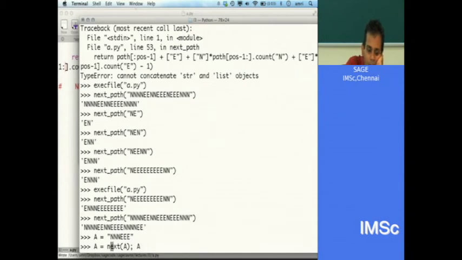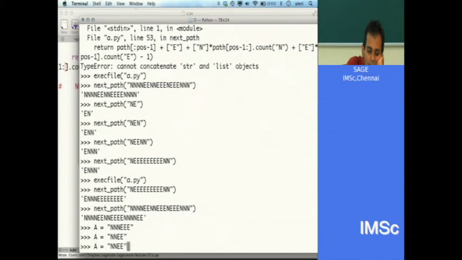Okay, so let's start with A equals 20. Let's start with N and E, equals the next path.